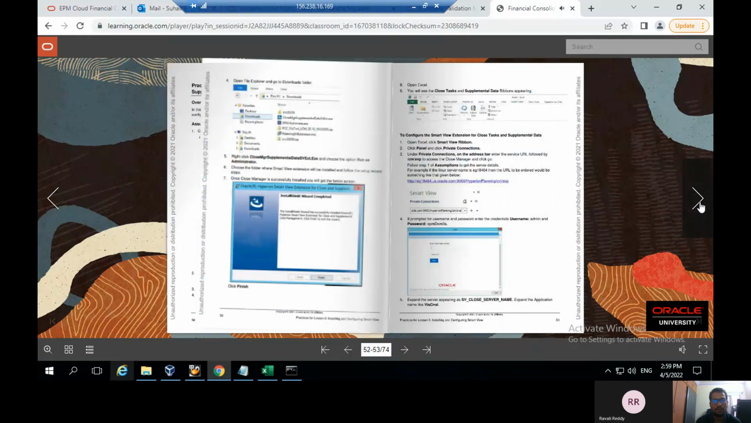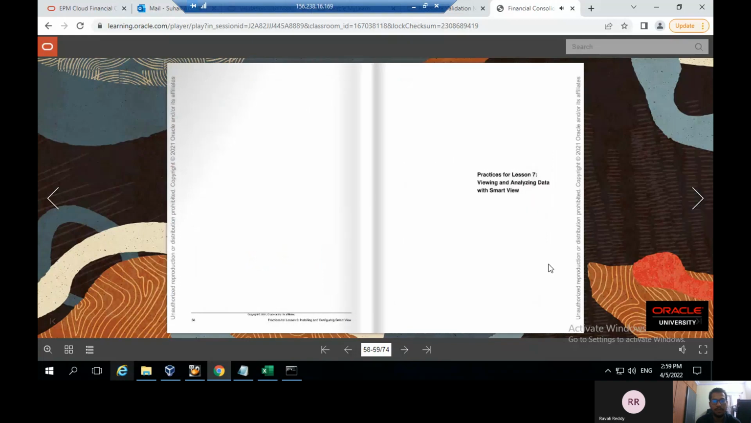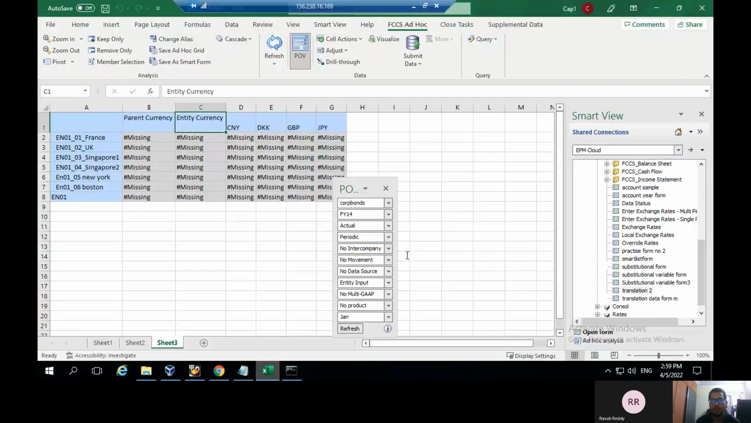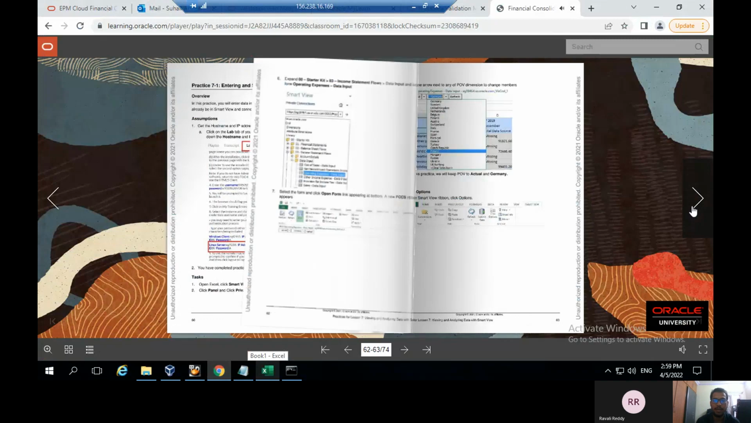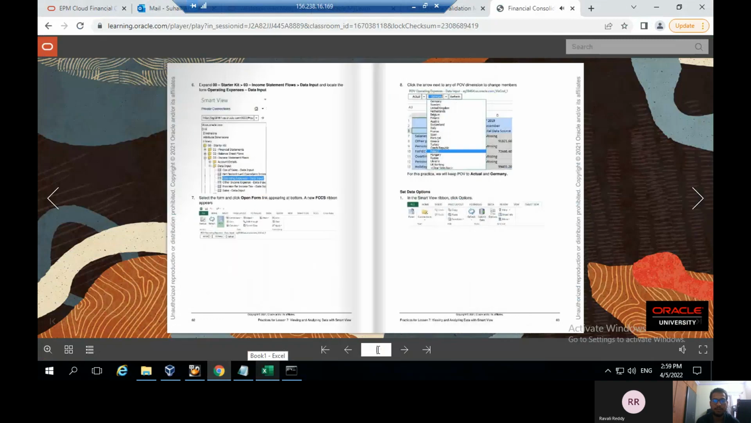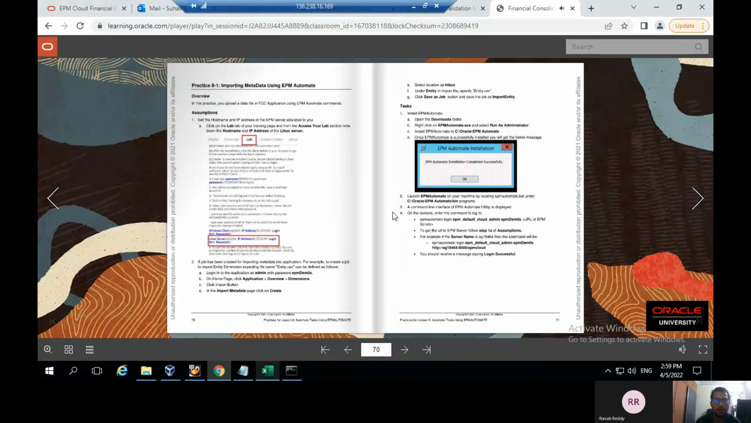So we'll go to the direct EPM Automate. We'll log into Smart View. Here we'll give the credentials and log into the Smart View application. In Smart View, we can load and enter the details. And coming to EPM Automate,